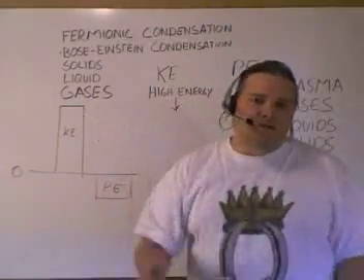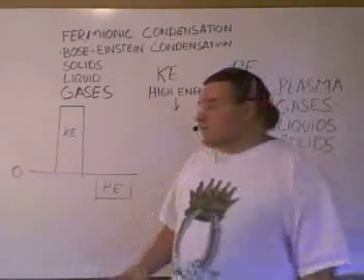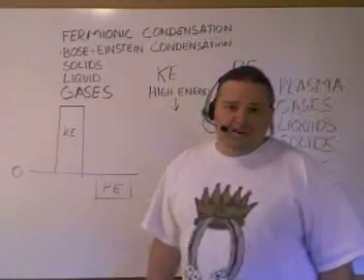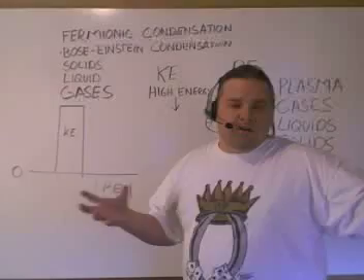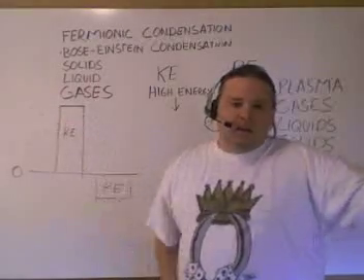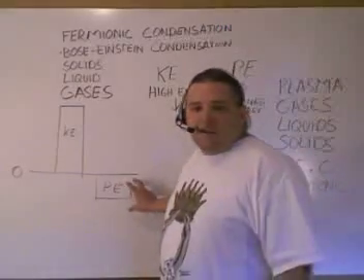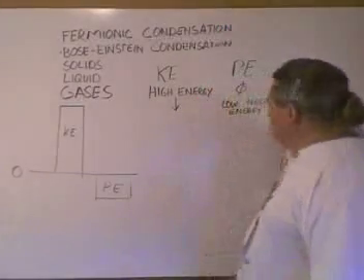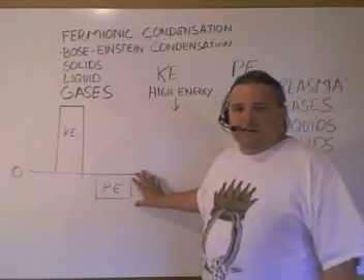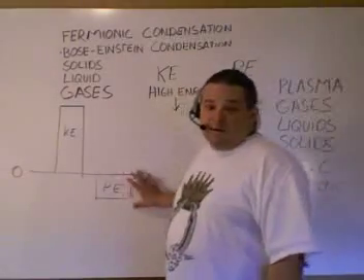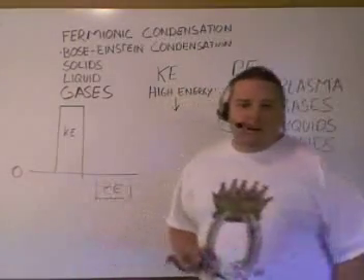They're continuing their motion. The Earth has a tremendous amount of negative potential energy in respect to the energy between it and the sun, and even it and the rest of the universe. It has a lot of this negative potential energy. So when we talk about gases, it has a little bit of negative potential energy, and it has a lot of kinetic energy.